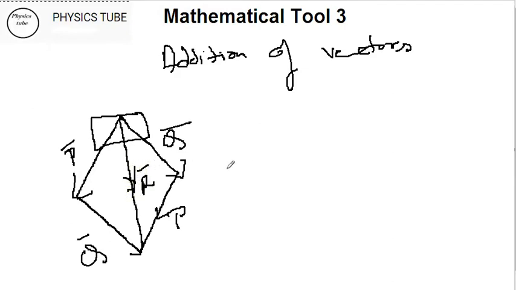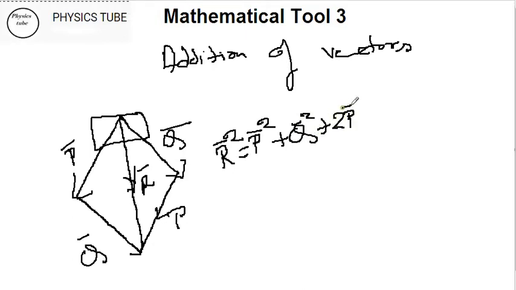To elaborate this, we also talk about one formula. R square is equal to, I'll give a bar also in this, but I'll discuss later how actually the bar can be eradicated, P square plus Q square plus 2 P dot Q. I'll write precisely this to be P dot Q. Later I'll elaborate this, after explaining the product of vector, this is actually the dot product of vector.